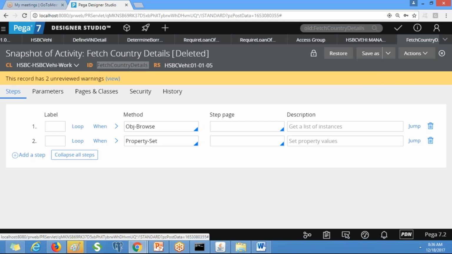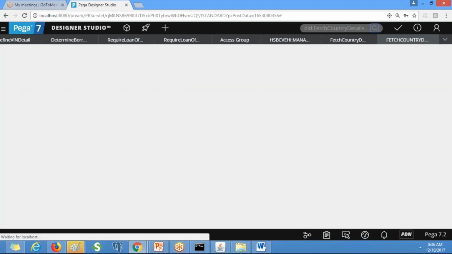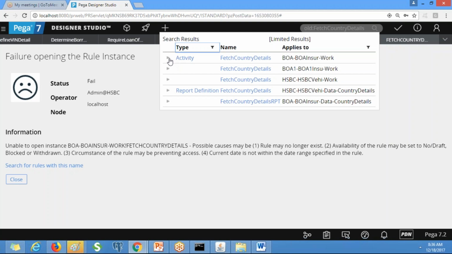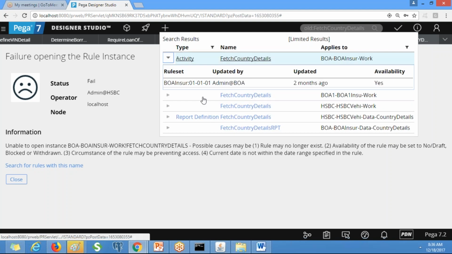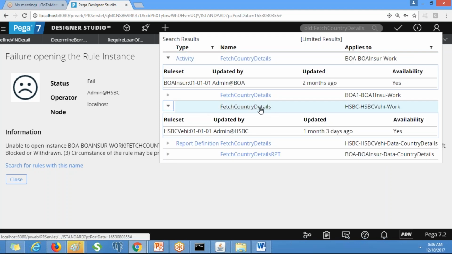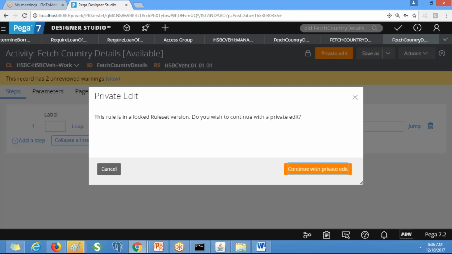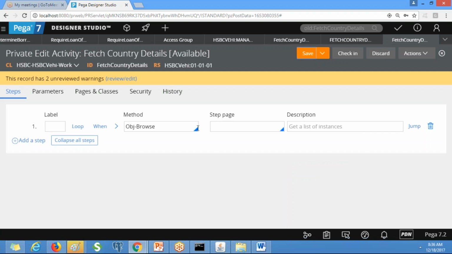This one, right? Okay. So private edit. Do some changes.